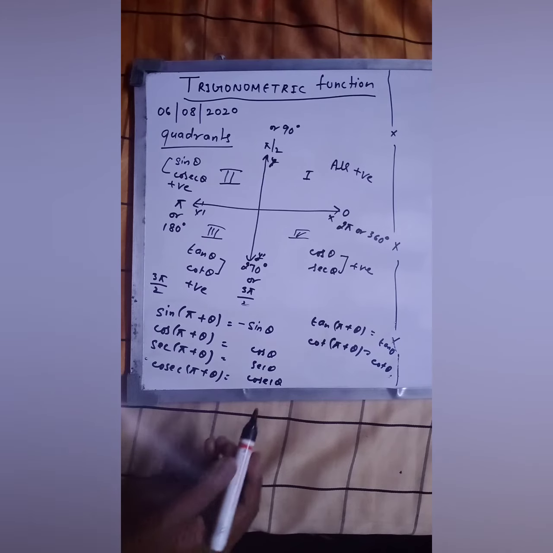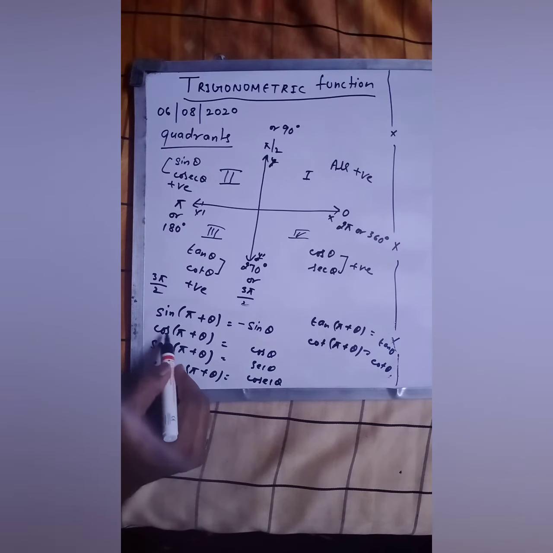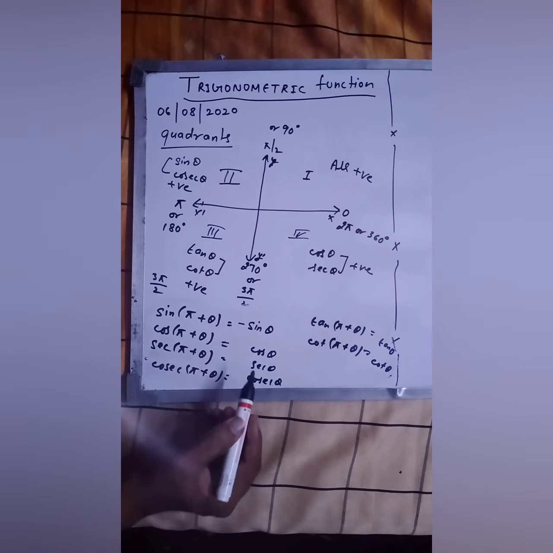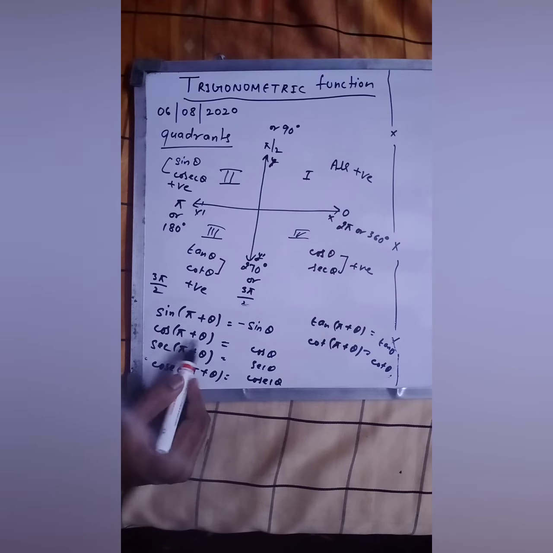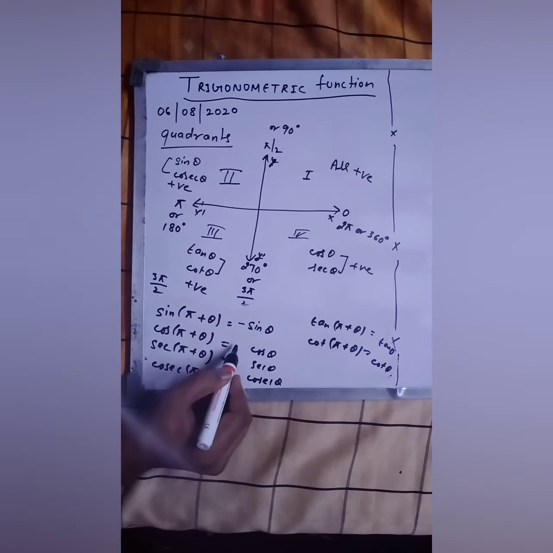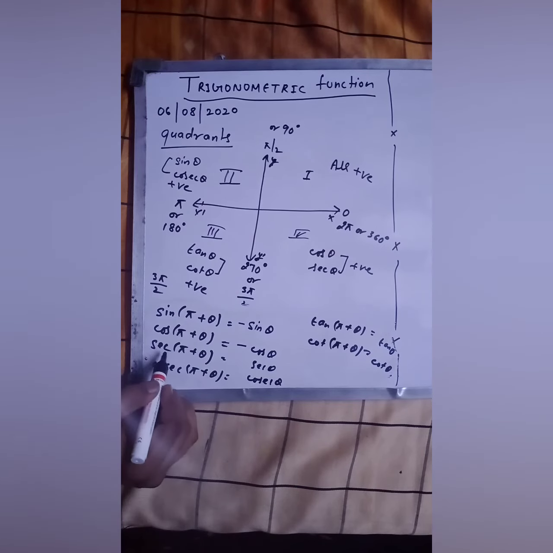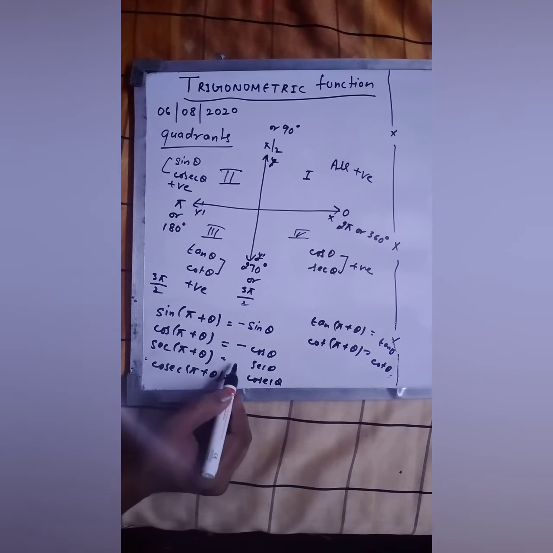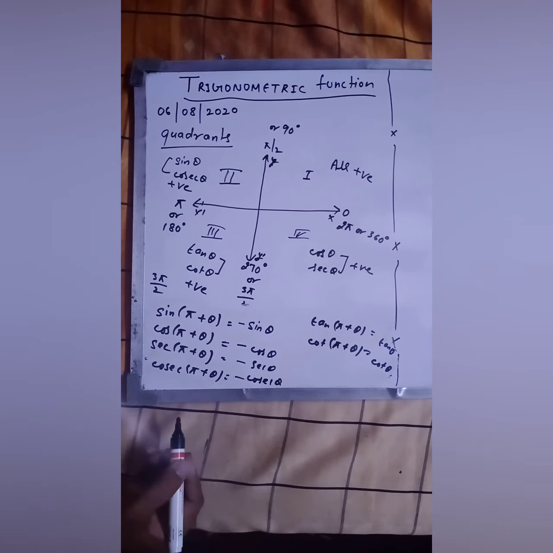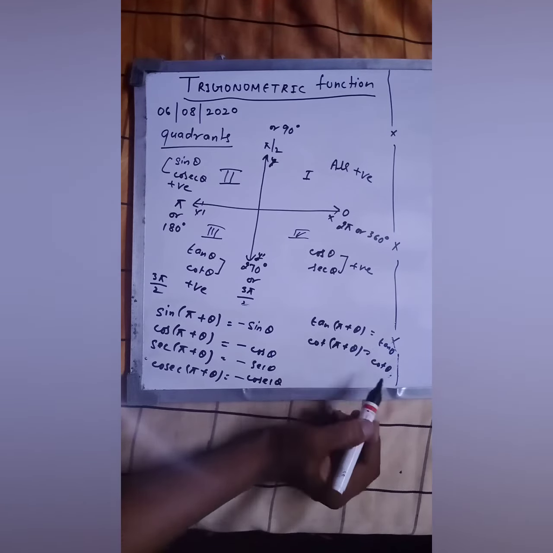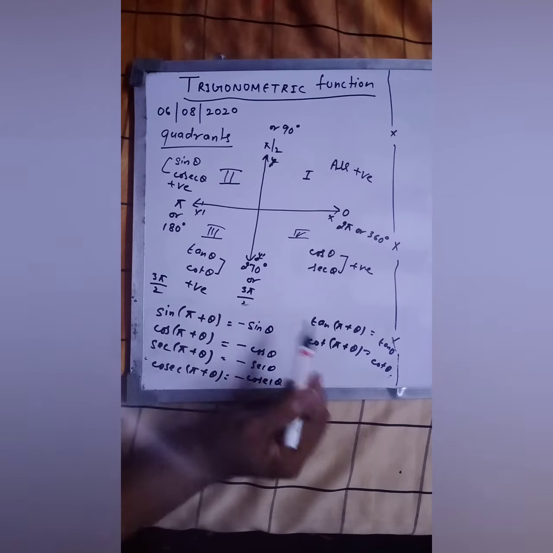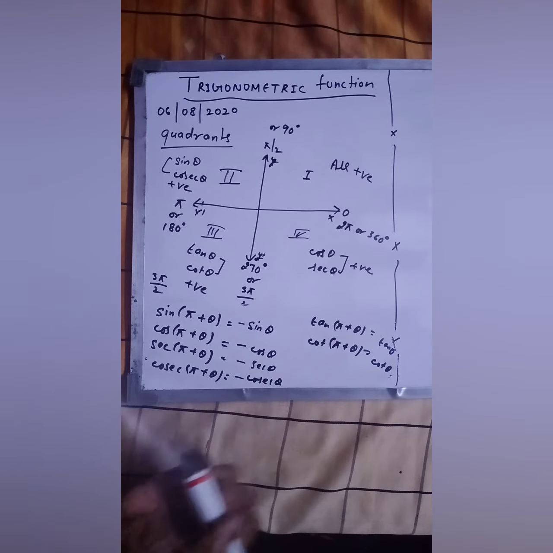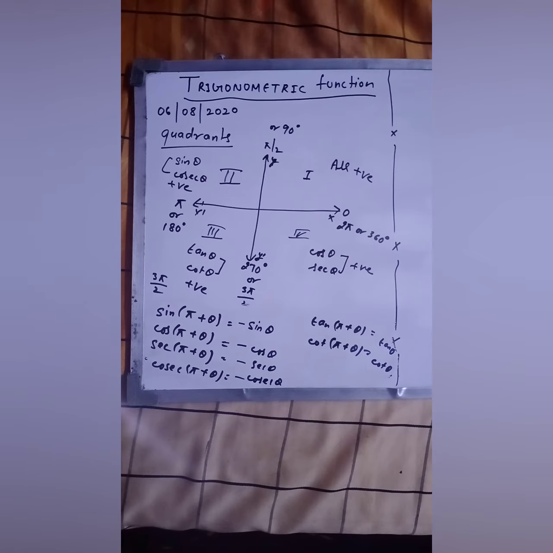Got it? Now here it is cos pi plus theta. Fine. So the answer will be cos theta, but this is lying in the third quadrant. In the third quadrant, as you can see, cos is negative. Similarly, sec is negative and cosec is negative. But your tan is positive, so you have to write only tan theta. Your cot is positive, because in the third quadrant tan and cot are positive, so both values will be positive and the rest of them are negative. Okay. Is it clear?